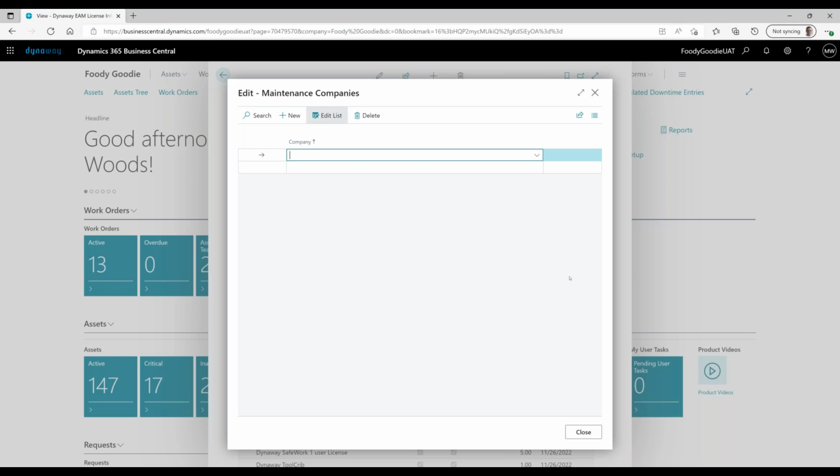And then the person who is a technician or a manager needs to have access only to those companies, which are the companies where you are doing the maintenance operations, and we only need to check how many assets and how many users you have in those companies. So that's one thing which you need to know if you need to restrict the access to some companies for your employees,